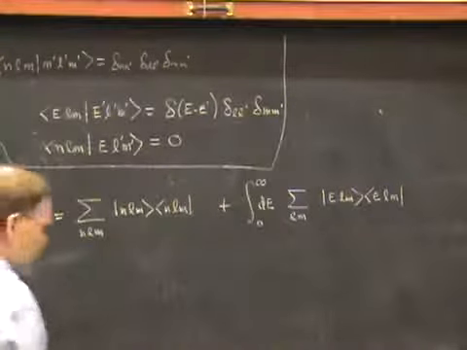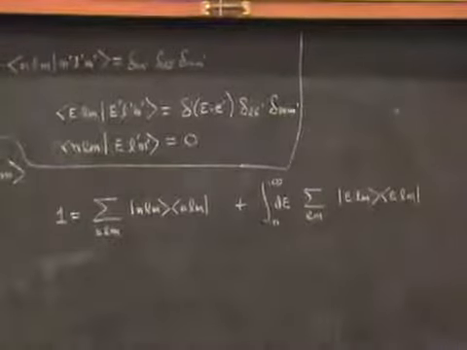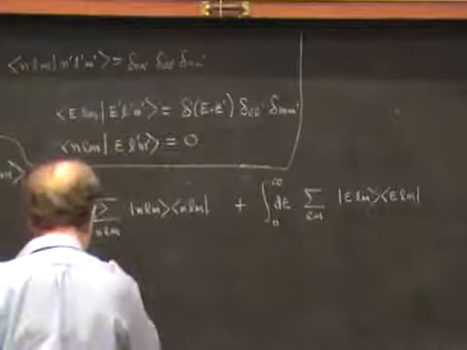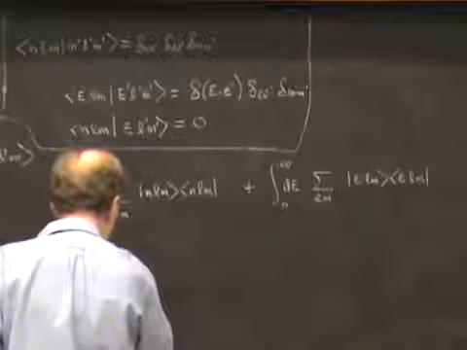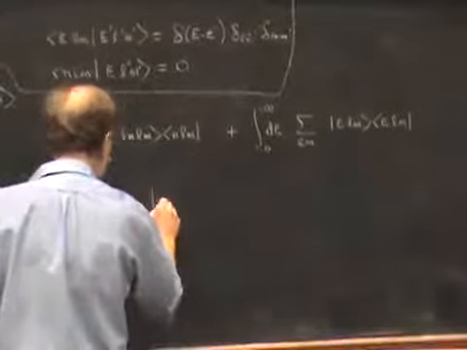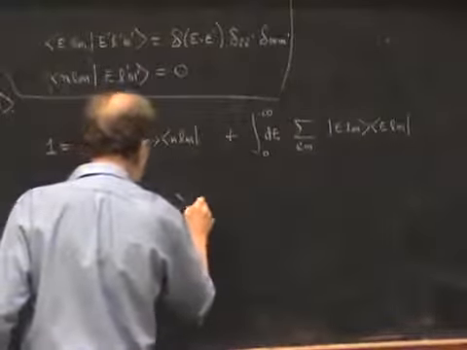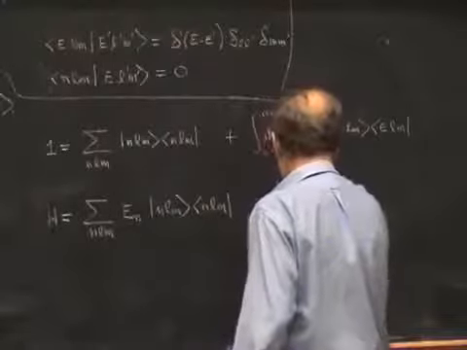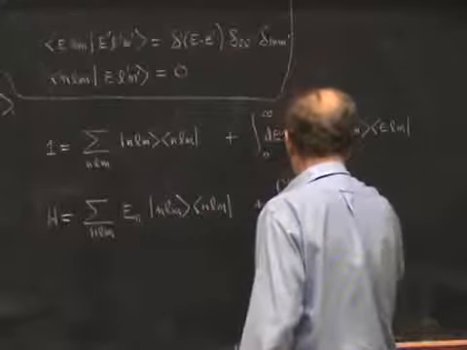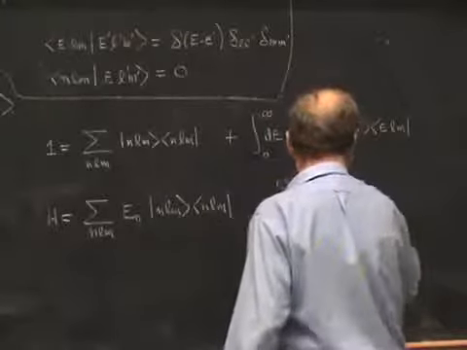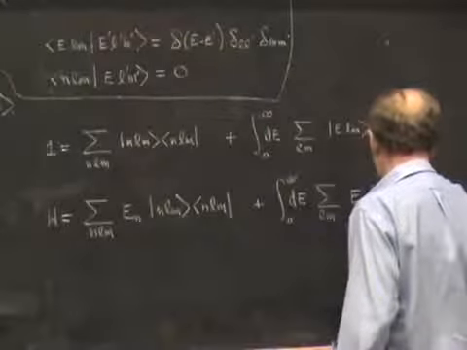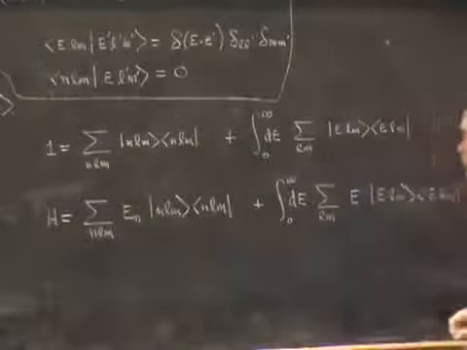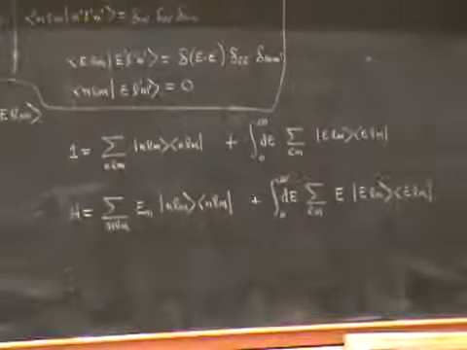There's also, you'll recall I also mentioned that the operator itself can be written in terms of its eigenstates. If we do this for the hydrogen atom Hamiltonian, it looks like this. All we have to do is put in the energy eigenvalues under the sum for the bound states, and also for the unbound states. We put in an E here. This is what it looks like in the case of the hydrogen atom.